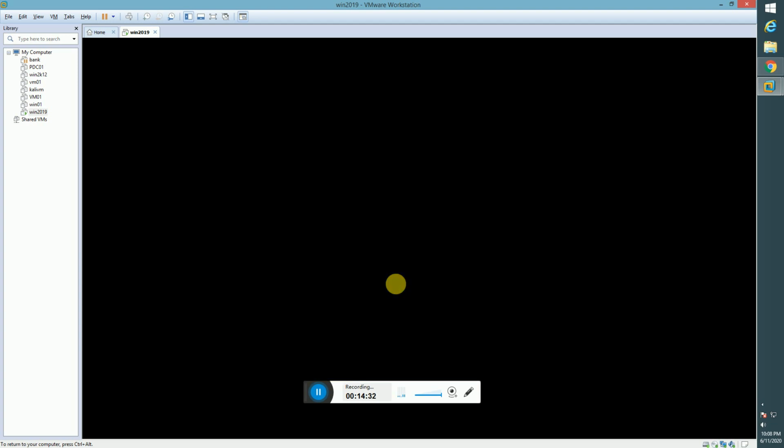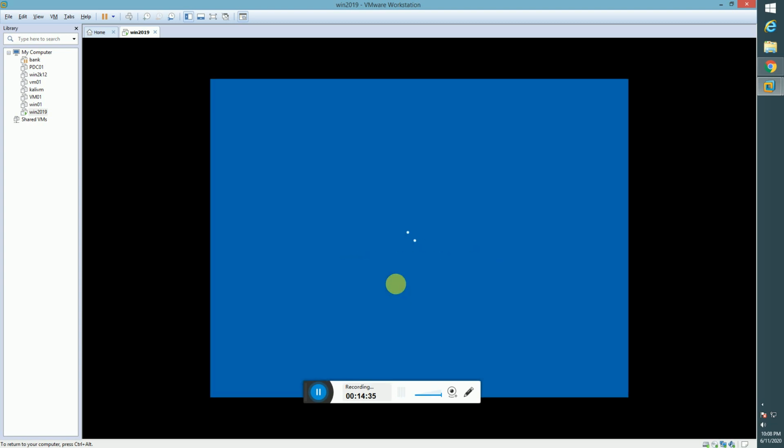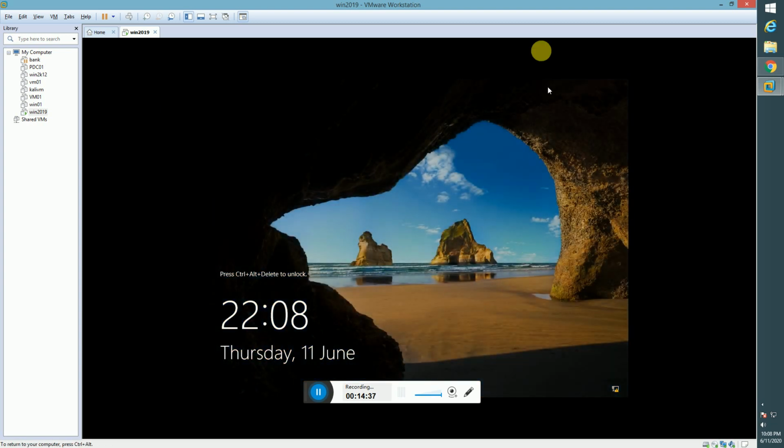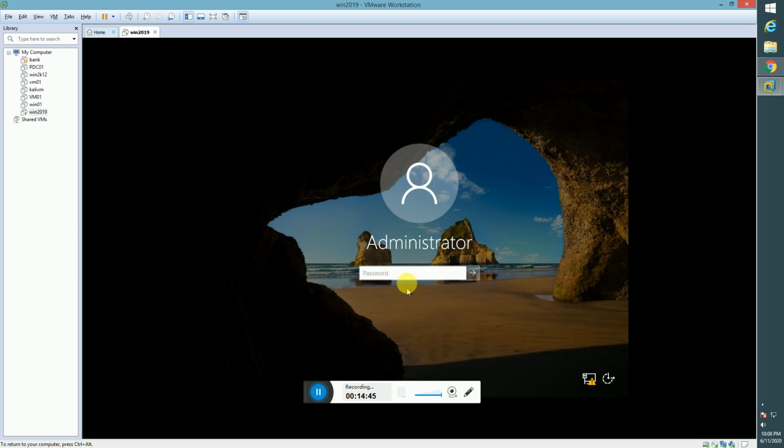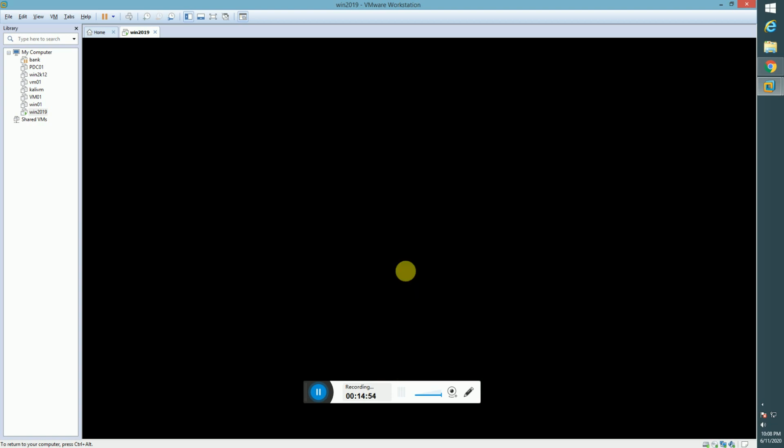So it is finalizing the things, and our desktop will be there. This is the screen when the OS installation is done. Now I have to log in to the system. Just press Ctrl Alt Delete, enter the password. Once you enter the password, the desktop will appear.